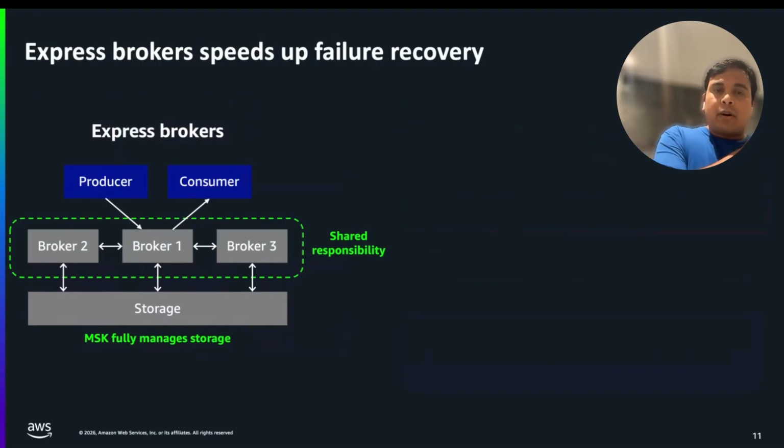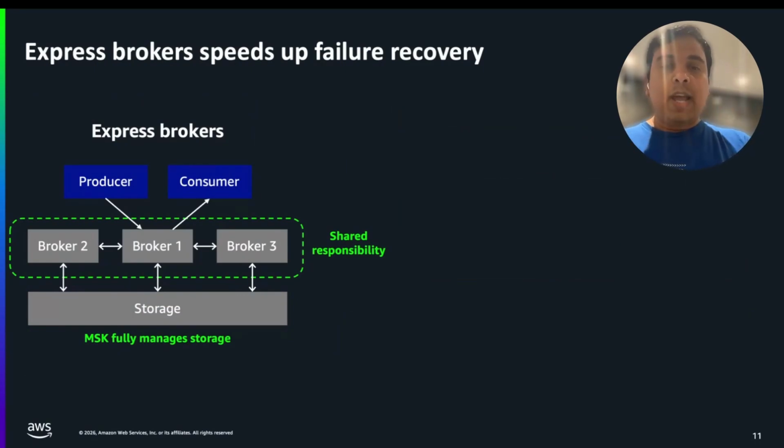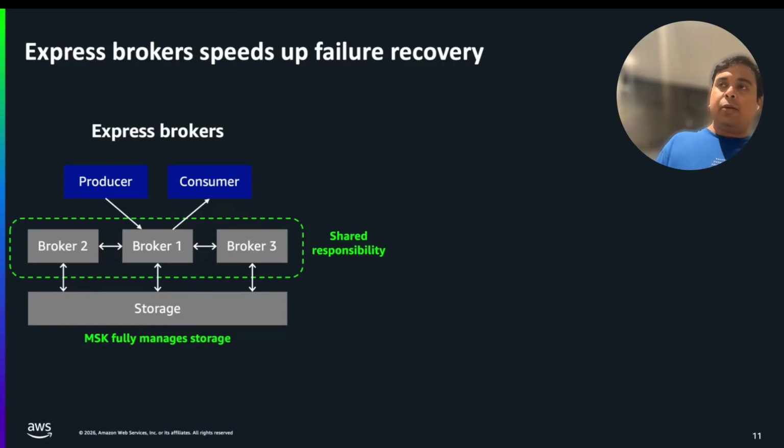Well, in Express Broker, the storage layer is completely managed and it is decoupled from the brokers. So you have a complete decoupling of the brokers, compute, and storage. And in AWS, we have a shared responsibility model, and the shared responsibility model falls on the broker itself. That means you as a customer are responsible for choosing what type of broker is required.